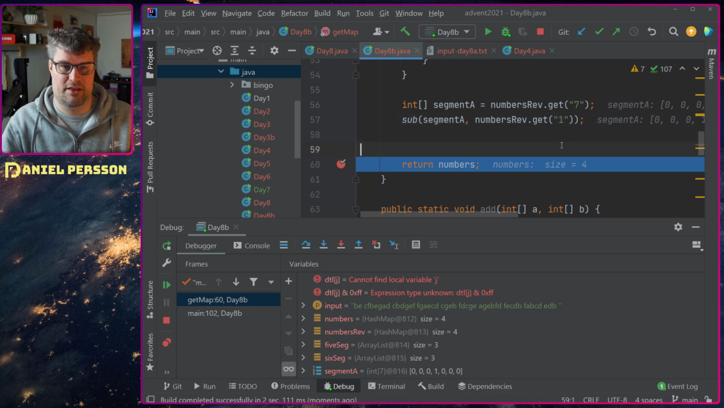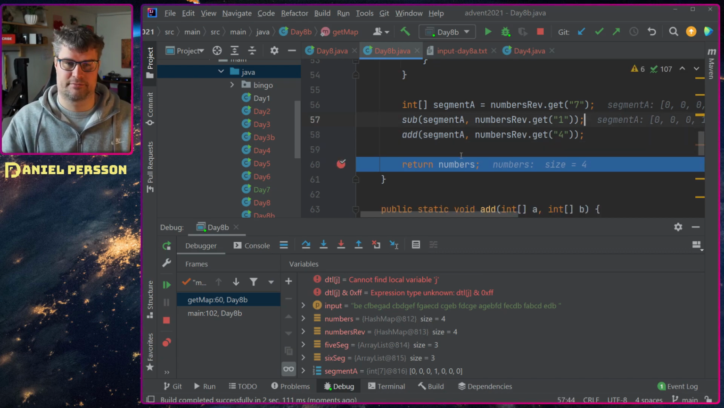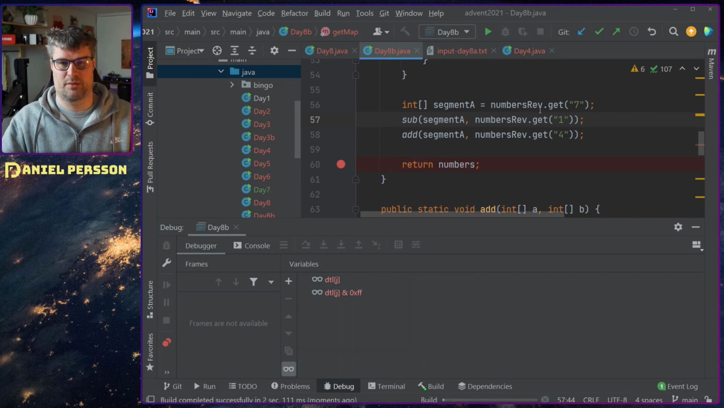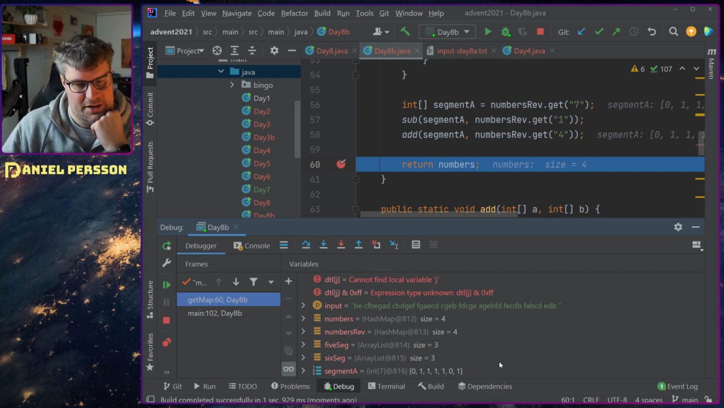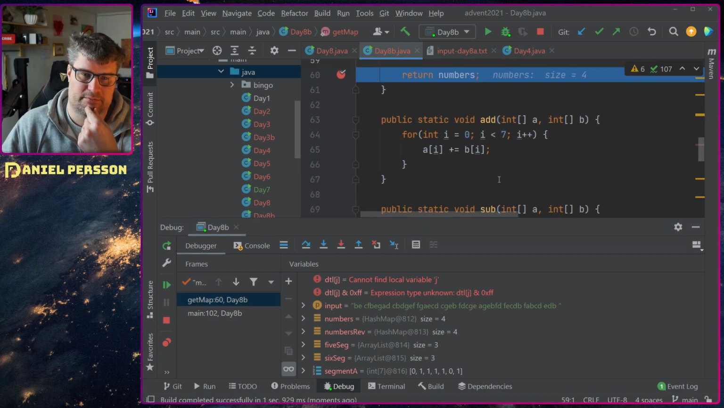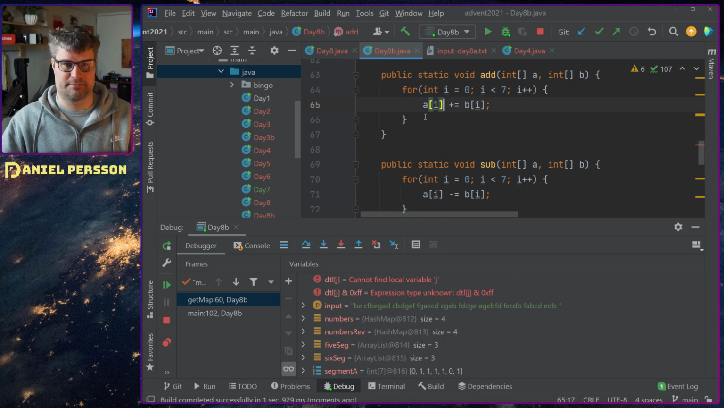If we then add a 4 to that, what do we get? We almost get a 9, right? Yeah. So now there are two values that are not set. And if we do like this,